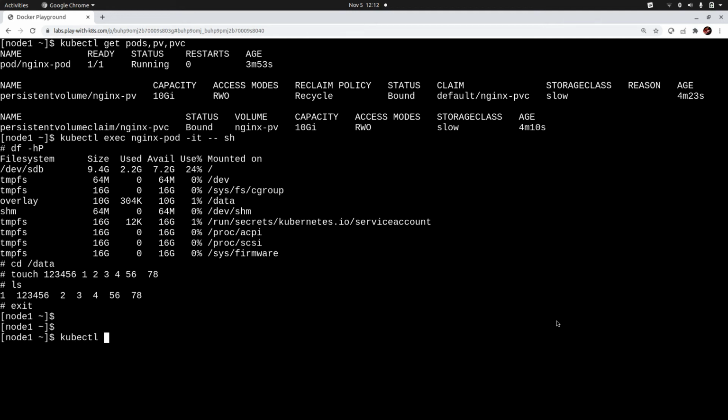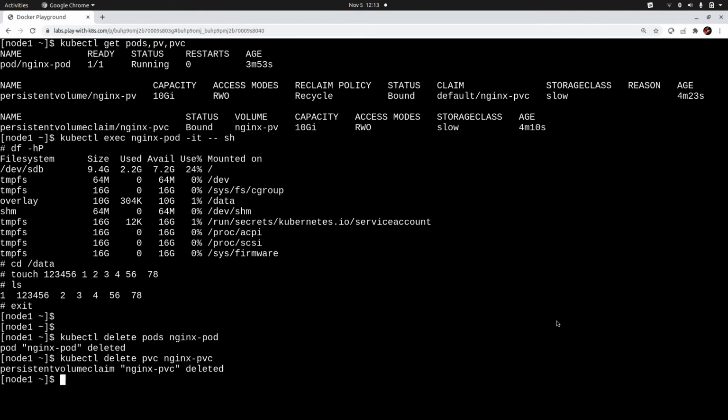kubectl delete pods nginx-pod. The pod has been deleted. Now kubectl delete pvc nginx-pvc. So that also got deleted. Alright,